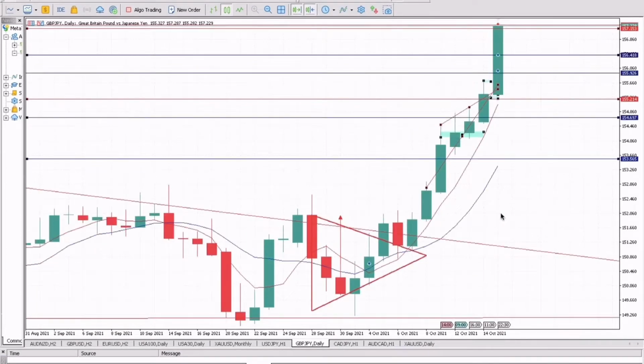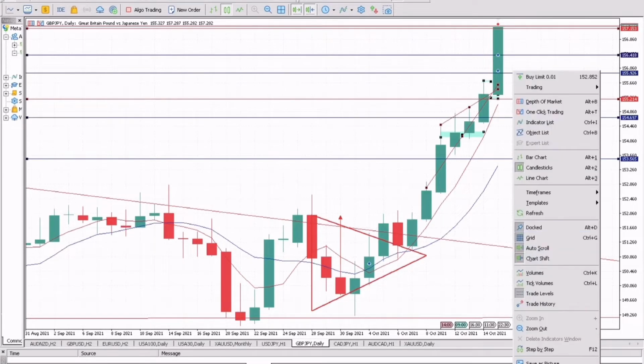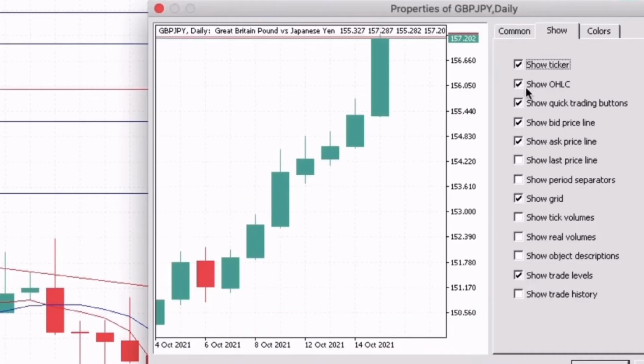In using your pivot point, try to understand the root of the market structure. Where is the market going to? Is it upward, downward, or is it moving sideways? So after that, you click on your options button. Here it is, properties. You come to show the